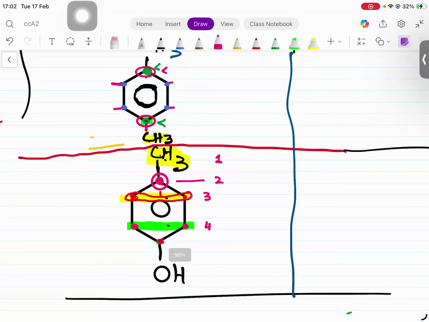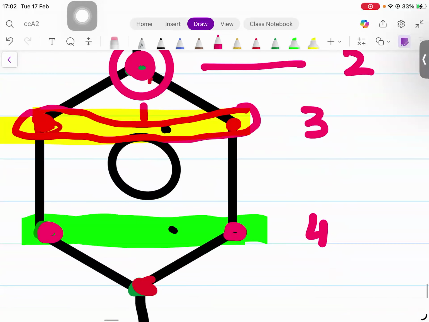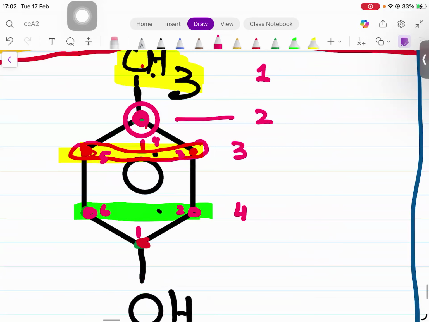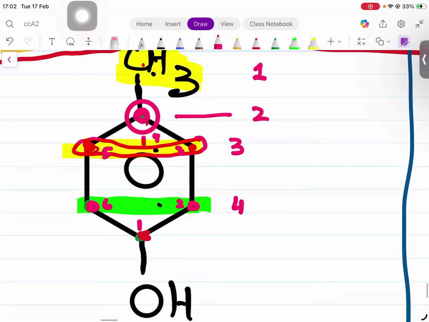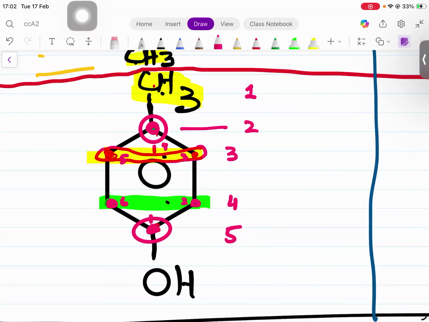But in this case, these two carbons, if I number them, this is number 1, this is 2, this is 3, this is 4, this is 5, this is 6. So carbon number 3 and 5 are the same. 2 and 6 are the same. Okay, so peak number 4 is done, and this carbon is different from all other carbons. So this is peak number 5,